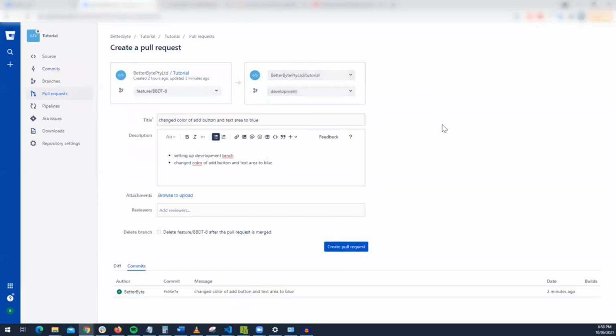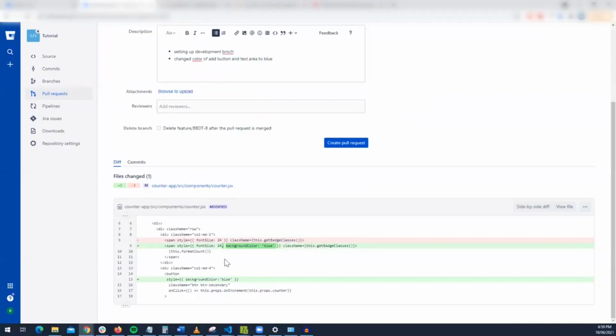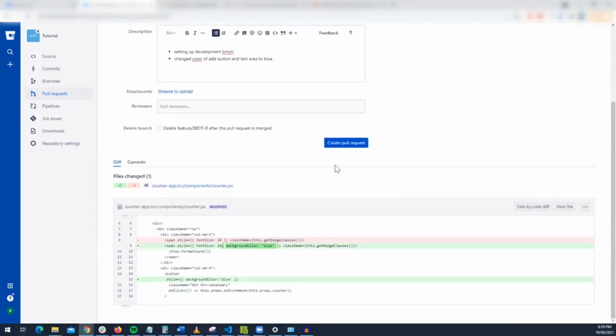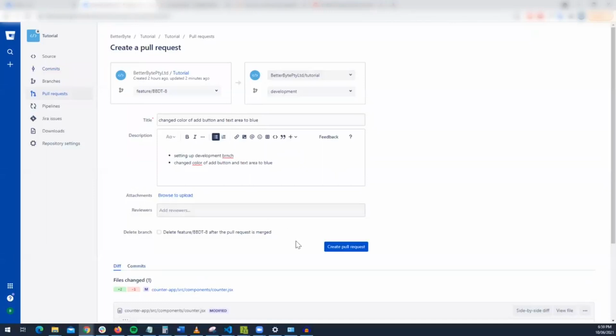Into development, right? So we merge it into development. Then reviewers, let's say that I'm happy with the code, or yeah, let's make a pull request. And also you can add attachments, like you can take a screenshot of the